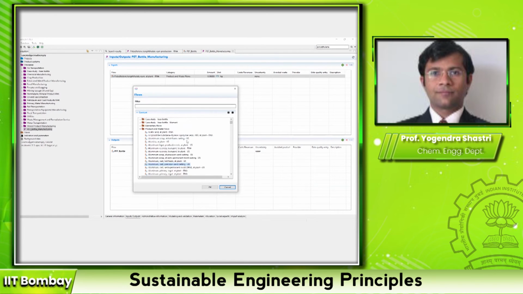So I actually did a search, but a category will be product and waste flows because PET resin is a product flow. Okay. So you expand the product flow and here you search for polyethylene terephthalate. It is arranged alphabetically. But there are two, at plant RNA and yeah. So I want you to select the first one.